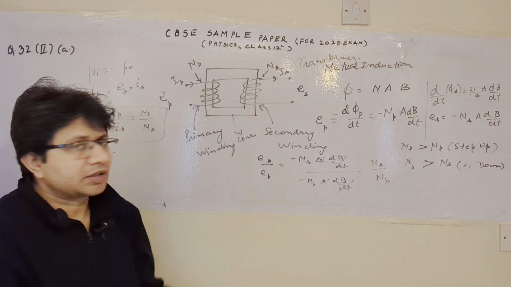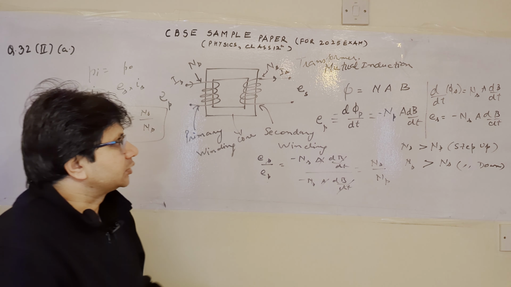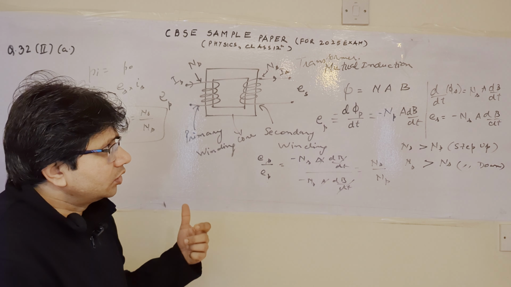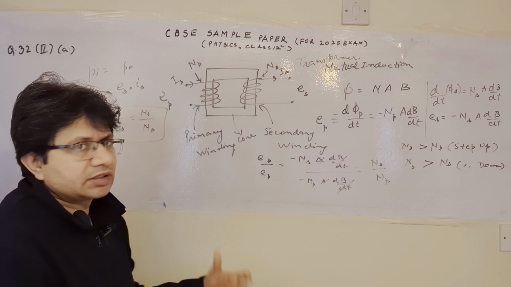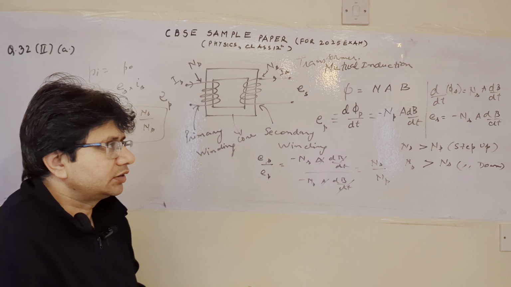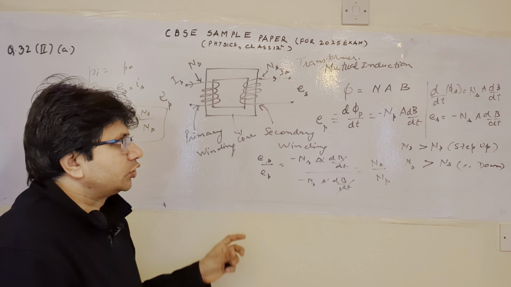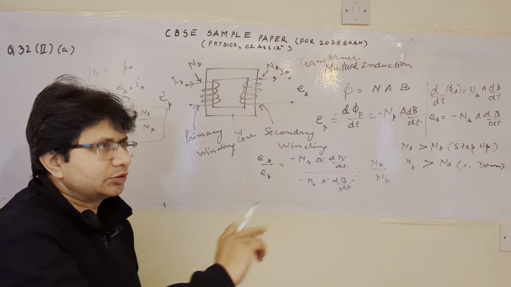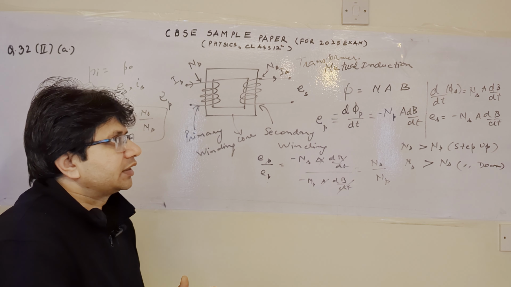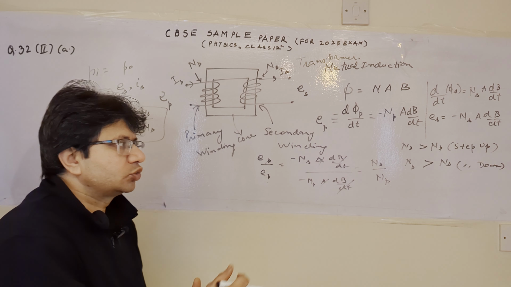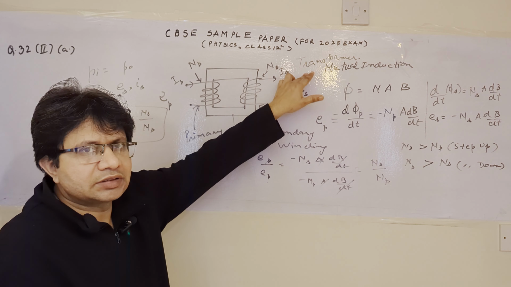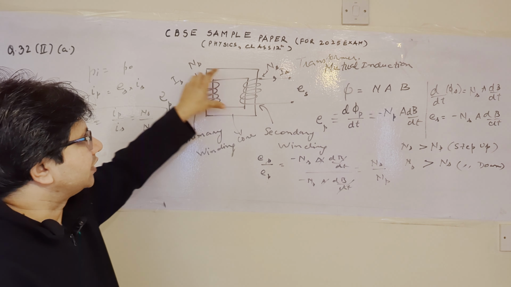So इसको मैं एक बार हिंदी में एक्सप्लेन कर देता हूँ। यहाँ पे सबसे पहले हमें उस डिवाइस का नाम बताना है कि जिससे कि हम एक साइड के वोल्टेज को कन्वर्ट कर सकते हैं ज़्यादा या कम में। एक पर्टिकुलर इनपुट वोल्टेज अप्लाई कर रहे हैं हम एसी, तो उसको हम उसके एम्पलीट्यूड को बढ़ा भी सकते हैं, घटा भी सकते हैं। बढ़ाने वाले डिवाइस को हम कहेंगे स्टेप अप ट्रांसफार्मर और घटाने वाले डिवाइस को हम कहेंगे स्टेप डाउन ट्रांसफार्मर।